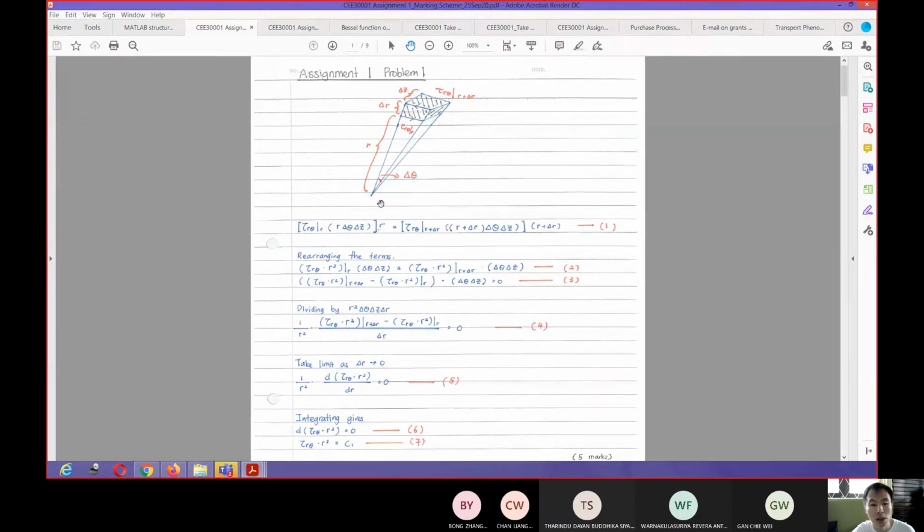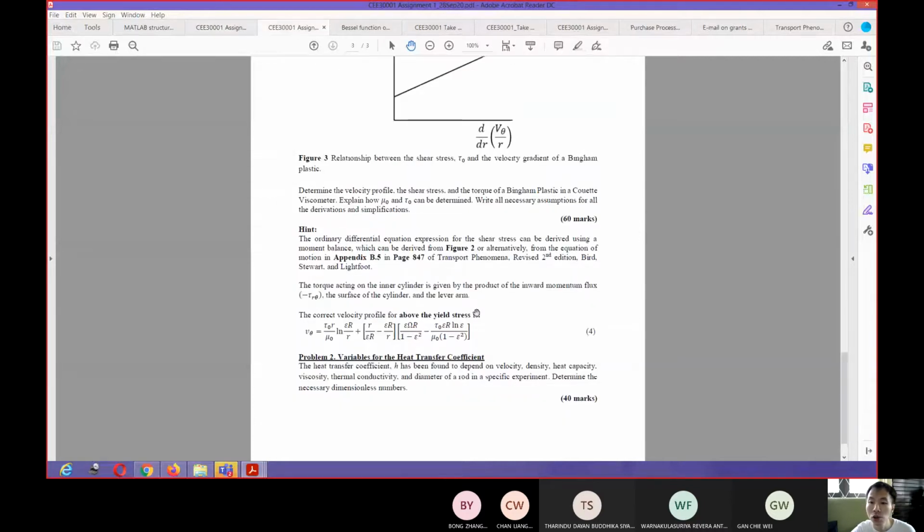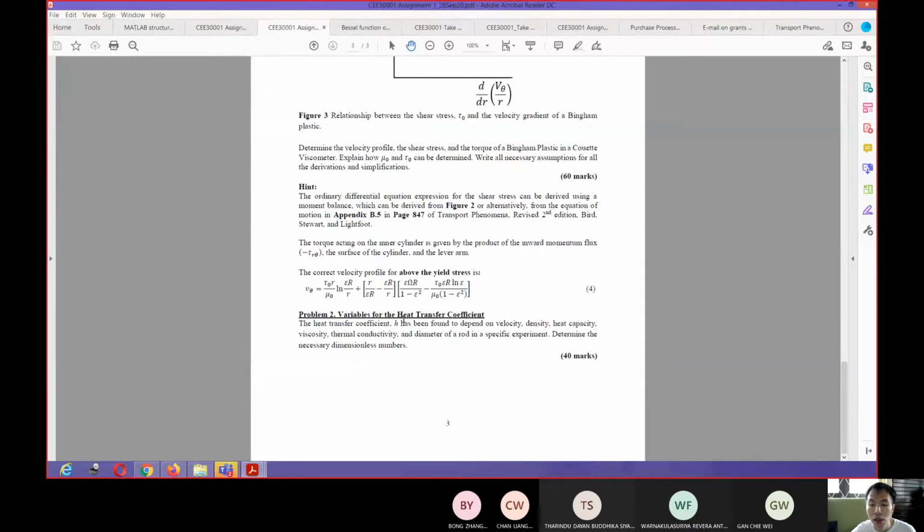So far, most of the difficulties have come from problem 1 of assignment 1. As you go into problem 2 of assignment 1, this one has been covered in one of your tutorials. I will not give you a problem without at least giving you some materials or a process to help you solve it, because the motivation is not to test you. The motivation is not to make you struggle. The motivation is to help you improve on what you have been given. Although sometimes I do need to test your independence in solving problems.